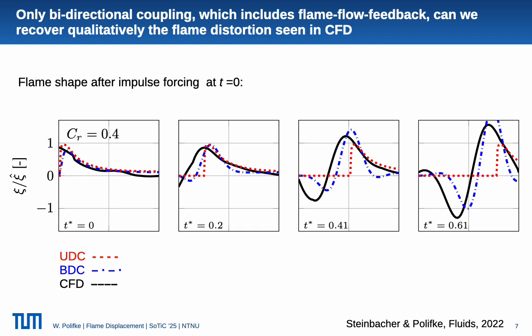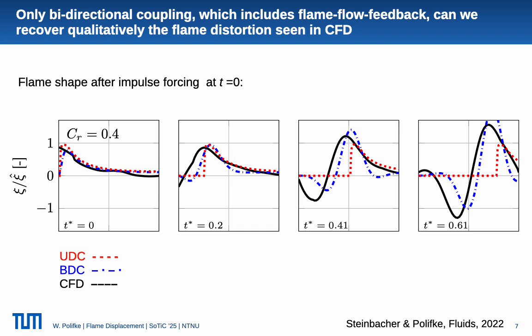That impulse perturbation has a potential component that displaces the flame base towards larger radii. And you see here this sudden increase in displacement towards large values for, well, actually all three models that we observe here. The three models are the unidirectional model that I've just described, red dashed line. The blue line is the bidirectional model, which includes flame flow feedback through vorticity generated by wrinkles of the flame. And then the black line is a CFD model of a 2D laminar flame with a confinement ratio of